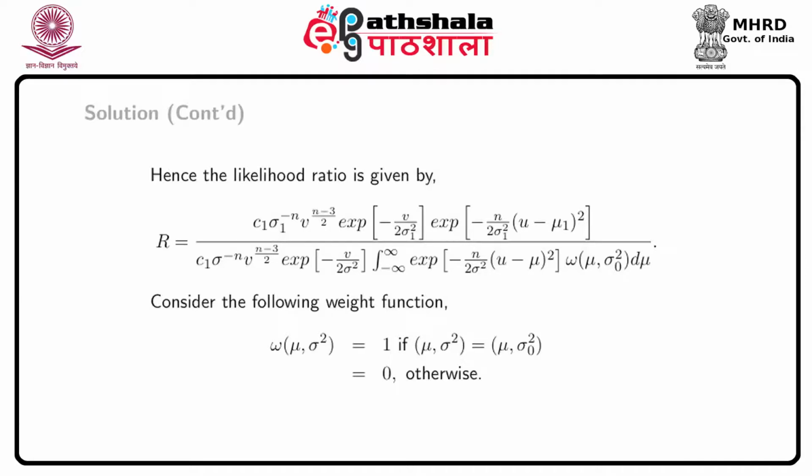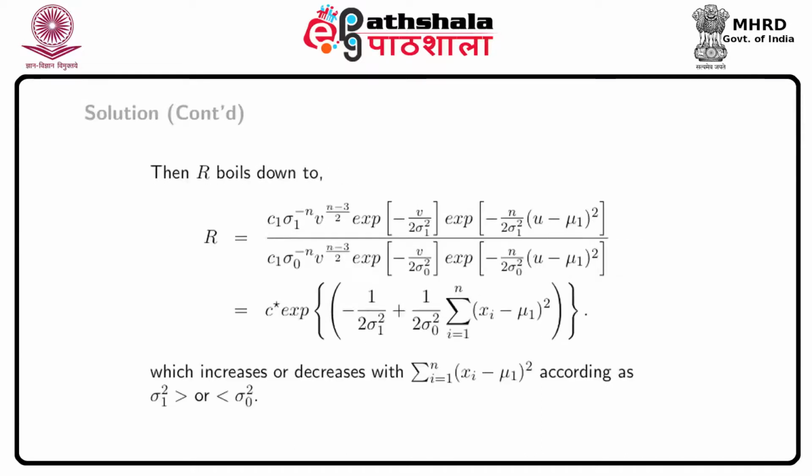Consider the following weight function. W(mu, sigma square) is equal to 1 if (mu, sigma square) is equal to (mu 1, sigma naught square) and 0 otherwise, and that gives R as C1 sigma 1 to the power minus n, v to the power (n minus 3) by 2, e to the power minus v by twice sigma 1 square, e to the power minus n by twice sigma 1 square (u minus mu 1) whole square, whole divided by C1 sigma naught to the power minus n, v to the power (n minus 3) by 2, e to the power minus v by twice sigma naught square, e to the power minus n by twice sigma naught square into (u minus mu 1) whole square, and that gives C star equal to e to the power